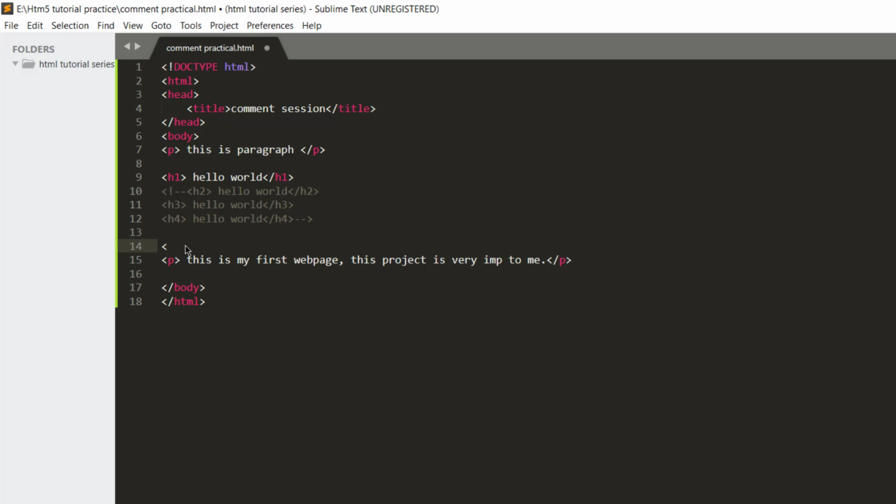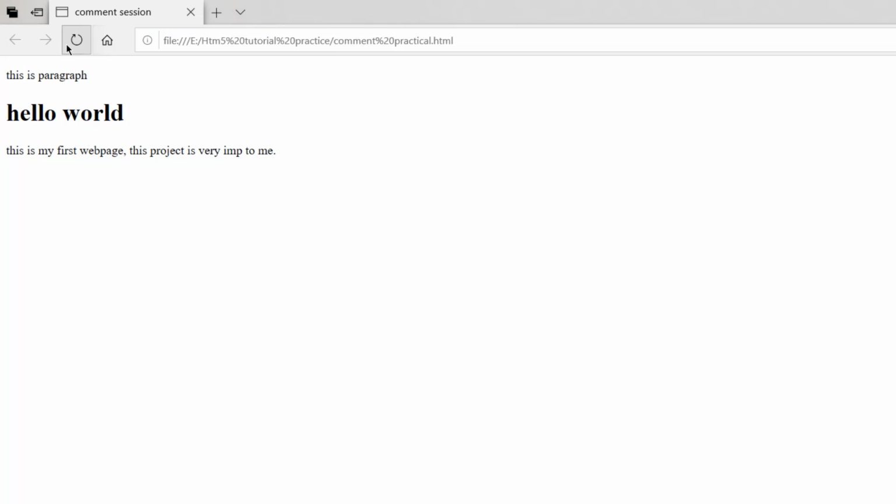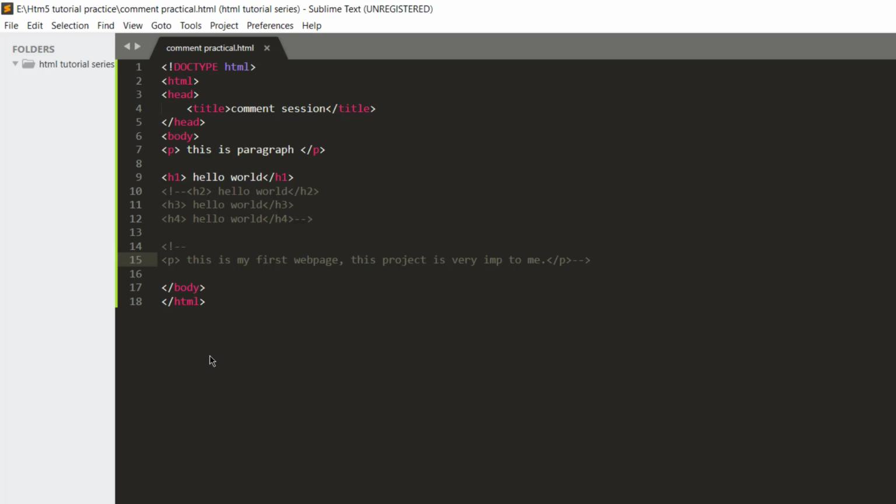So if I comment this out and save again, and refresh it, as you see, it's not going to be shown on the front end user side. It's only going to be shown to the coder who is developing that website, or who is writing their comment section, that this is my first web page, this project is very important to me.